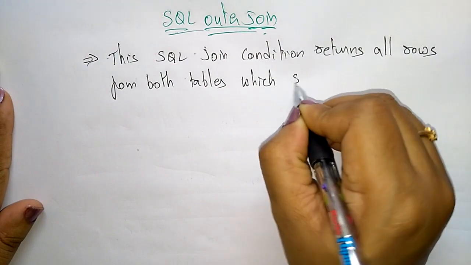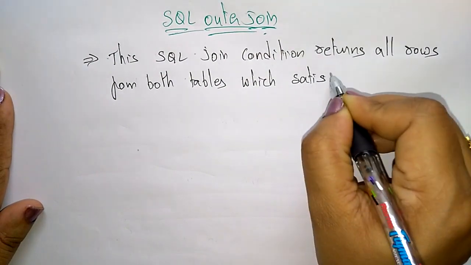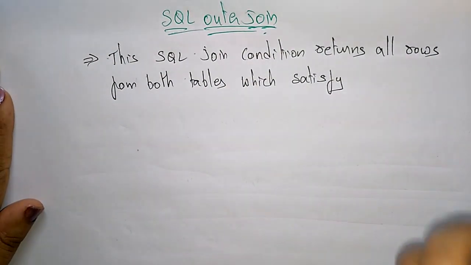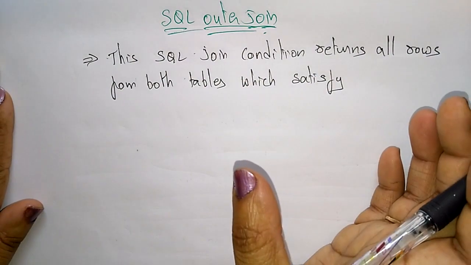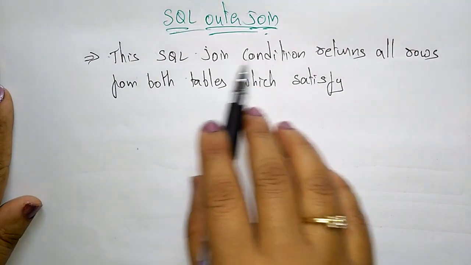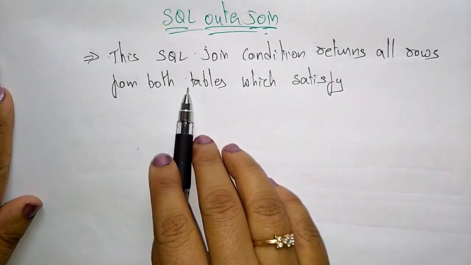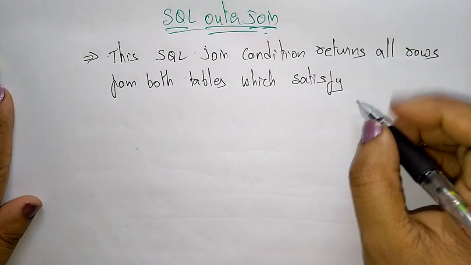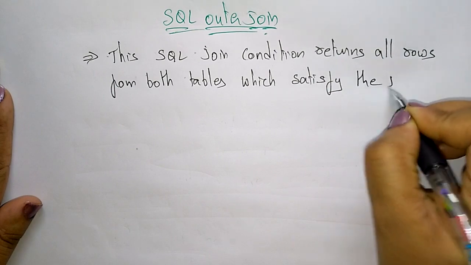So this has to be mentioned, that it has to satisfy the condition. Those rows that satisfy the condition will be displayed in inner join. In outer join also, this SQL join condition returns all rows from both tables which satisfy the join condition